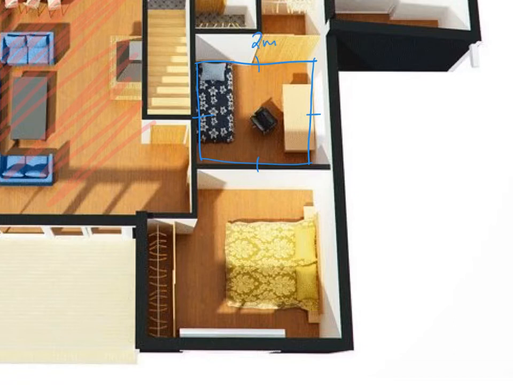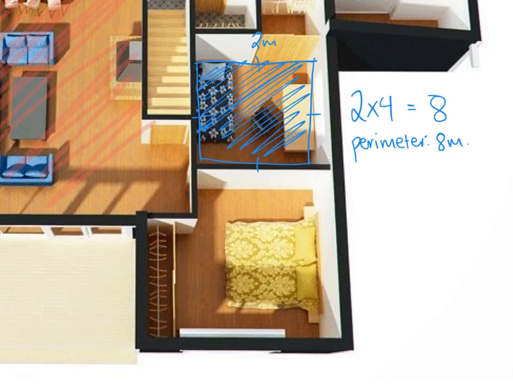So if each side is the same length, that means I need to do 2 times 4 because 2 plus 2 plus 2 plus 2 is 8. So the perimeter of my bedroom, or bedroom number 1, is 8 meters, okay? If I was to work out the area on the inside of that bedroom, I now need to multiply my length by my width. Now, that actually just means I need to do one side multiplied by the other side. And seeing as both sides are the same, I just need to do 2 times 2, and that means 4